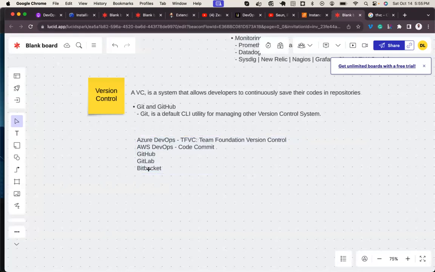So I can use Git, same commands. Everything we're going to learn today, nothing changes. The only thing that changes is the environment, because it's Azure DevOps, AWS, GitHub, GitLab, or Bitbucket. That is the only thing that changed.